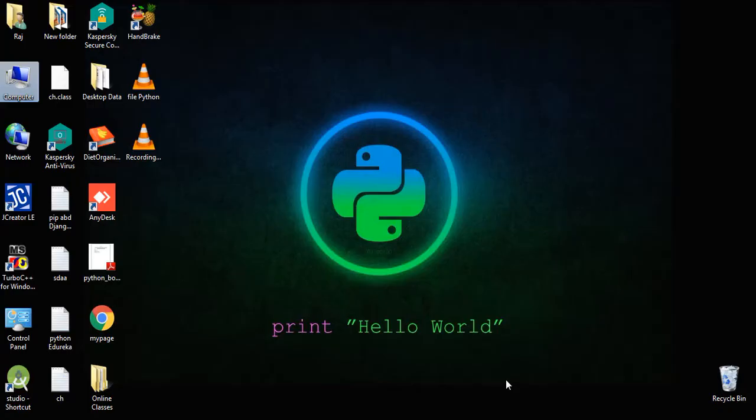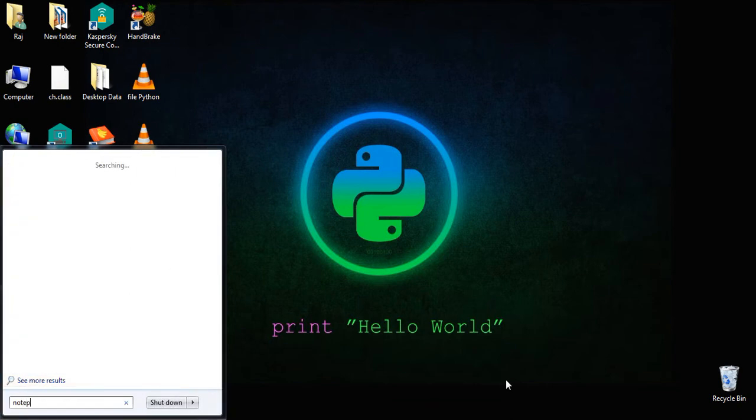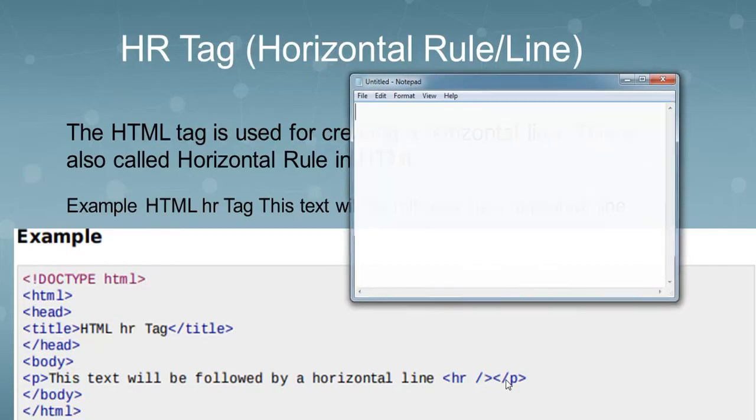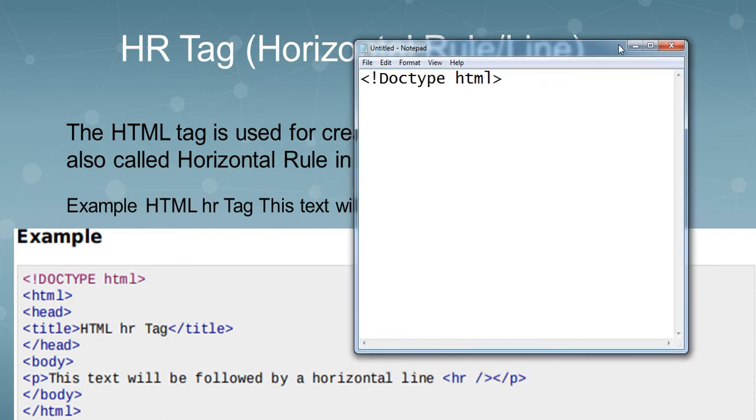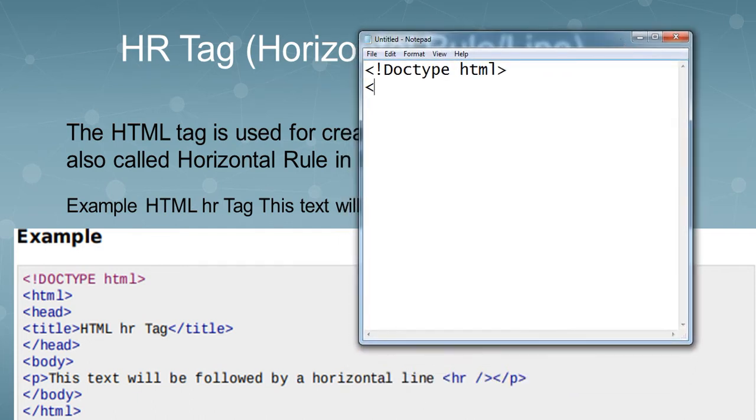To do the practical, we need to open Notepad first, and I will type the same code. Doctype. As you know, it is a non-case-sensitive language, so I can type in capital or small, in both cases. HTML open, and here HTML is closed.